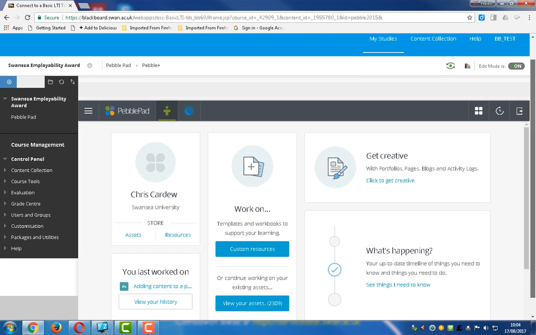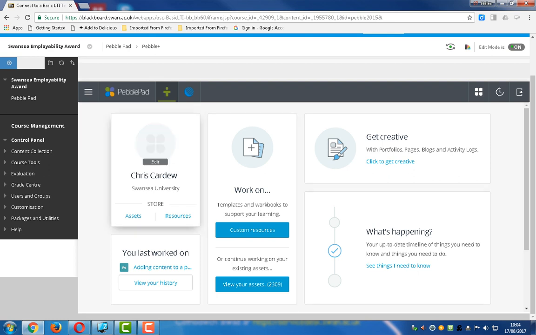So this is the dashboard, and it'll have your name on it here and various things that you're doing. It'll have what you last worked on. Once you've started on the Swansea Employability Award, then it'll show up here each time you go into it. But the first time you go to it, you need to click onto Resources. So this is Resources in the box here. If I click here,